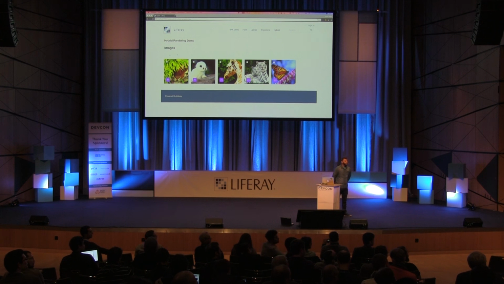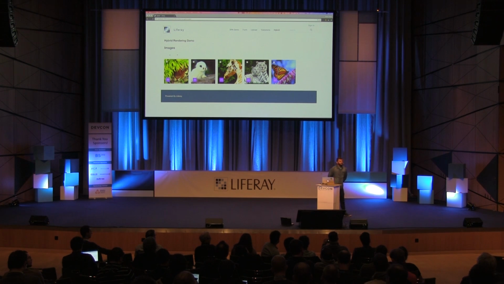So only one more question regarding that. Is there any limitation to soy templates and Metal.js, or can I achieve the same functionality as with JSPs, for example? What do you mean? Is there any limitation in using soy templates, or can I achieve exactly the same thing using JSP or soy templates and Metal.js? Is there any key difference that would make me go one way or the other? No, there are no limitations, but